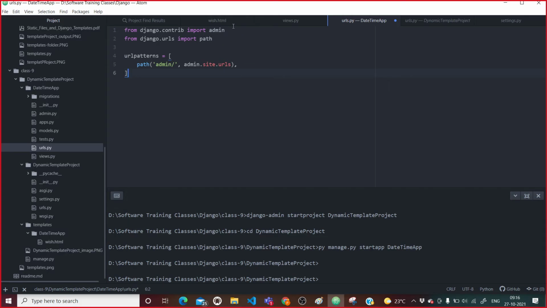Here I don't want admin. And here at path, if someone is going to say wish, then what do I want? First of all I will have to import: from datetime app import views.